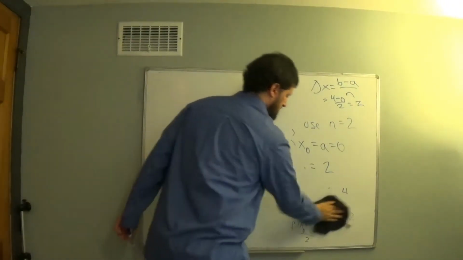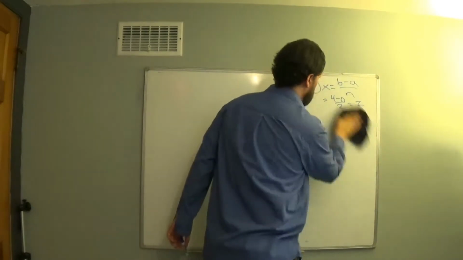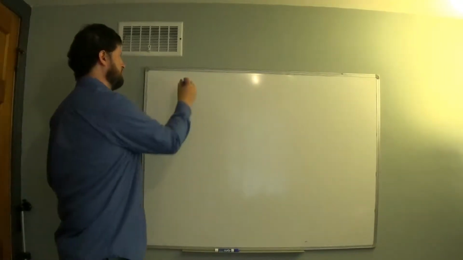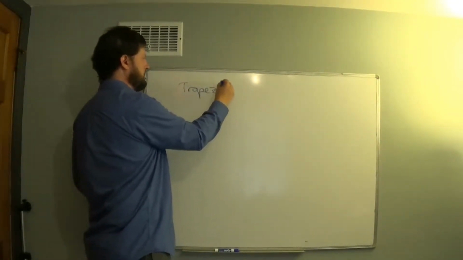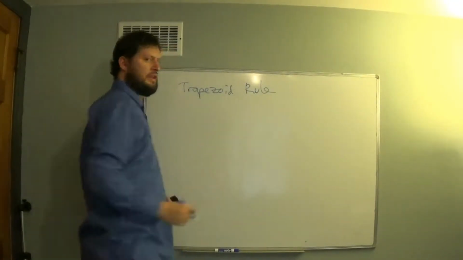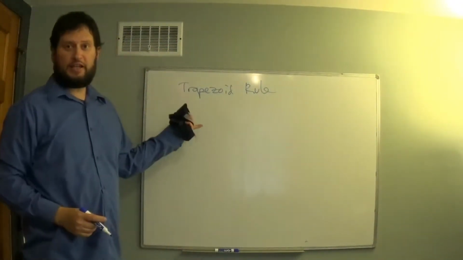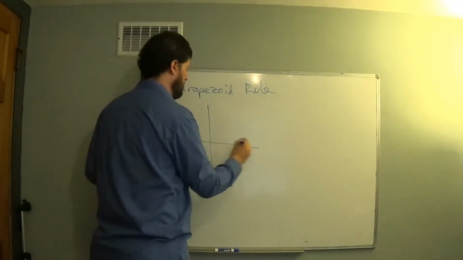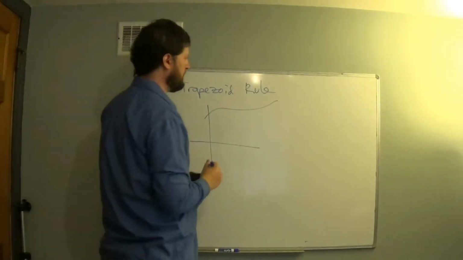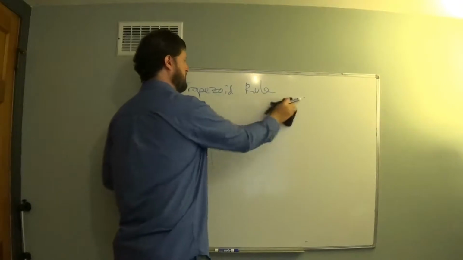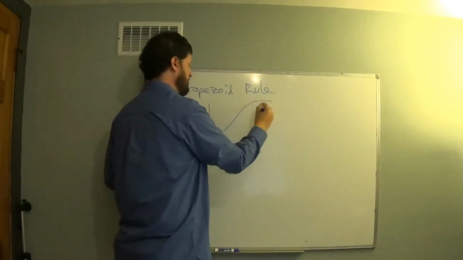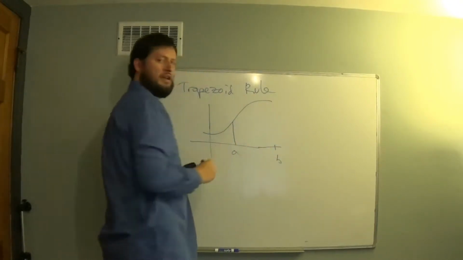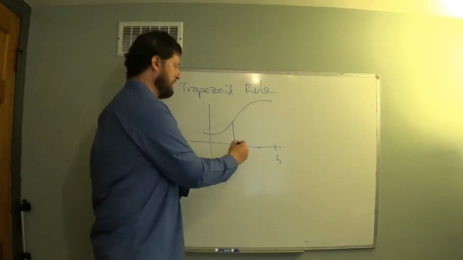All right, let's look at the trapezoid rule. As it sounds like, what we're going to do is use trapezoids rather than rectangles. And you should be fairly easily convinced that if we use a trapezoid, we're going to get something which is a better approximation. So if this is A and this is B, and I break this up into a bunch of subintervals as before,